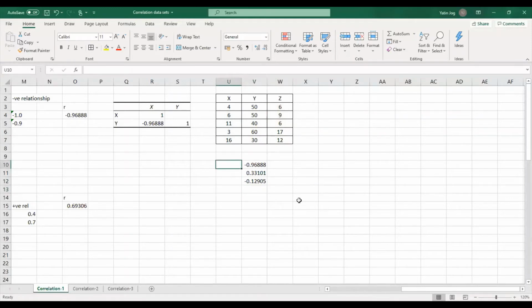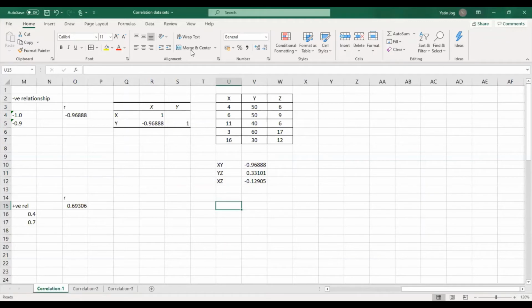So this is between X and Y. This is between X and Z. Y and Z. And this is between X and Z. Now it is okay because we have three variables. We can do this. Suppose we have 5 to 6 variables, 10 variables, then instead of repeating this process